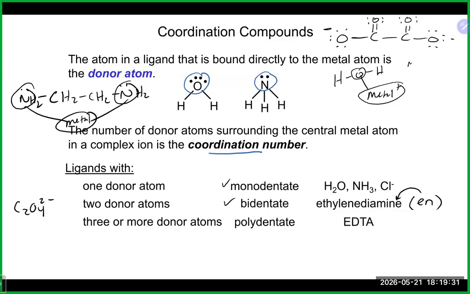And what's going to happen when an oxalate gets near one of those metal ions is both of those single bonded oxygens will bind to the metal. So once again, you're going to get kind of a 2-for-1 situation. So if you had something like this,